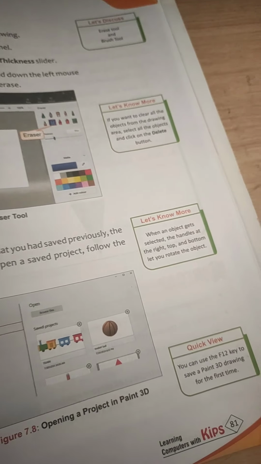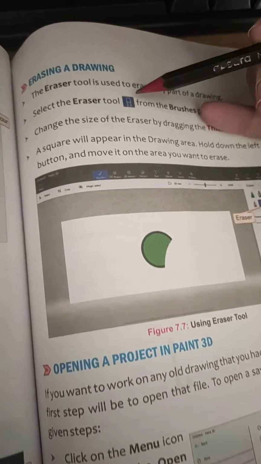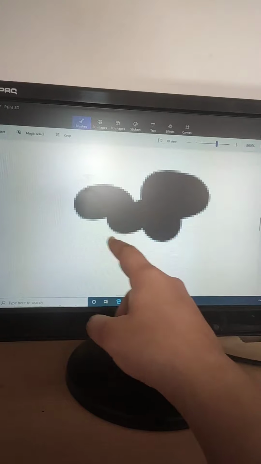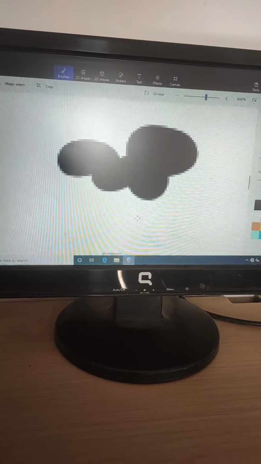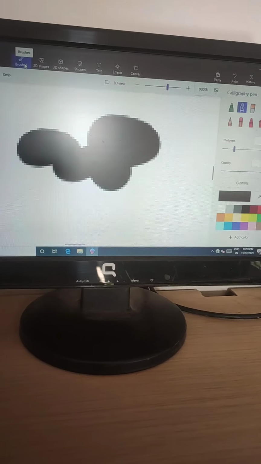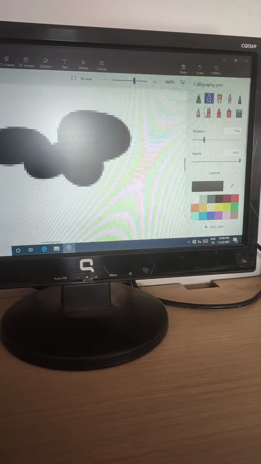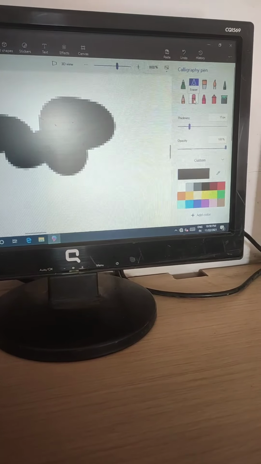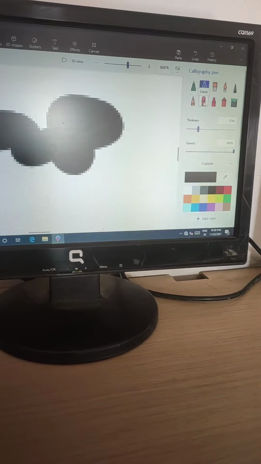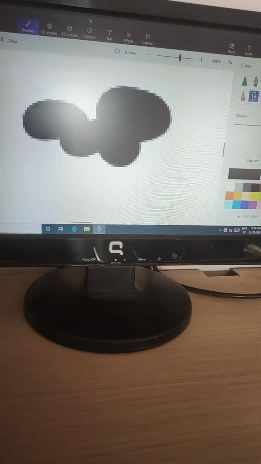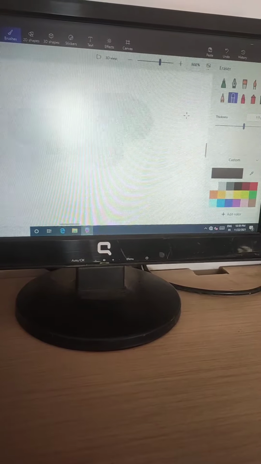Now see, on page number 81, the topic is erasing a drawing. See, suppose I have drawn this by mistake and I want to erase it. So what you will do, first you will select the brushes option and then you will go to the eraser tool. See, this is your eraser tool. Select it with your mouse left button, then erase the drawing.